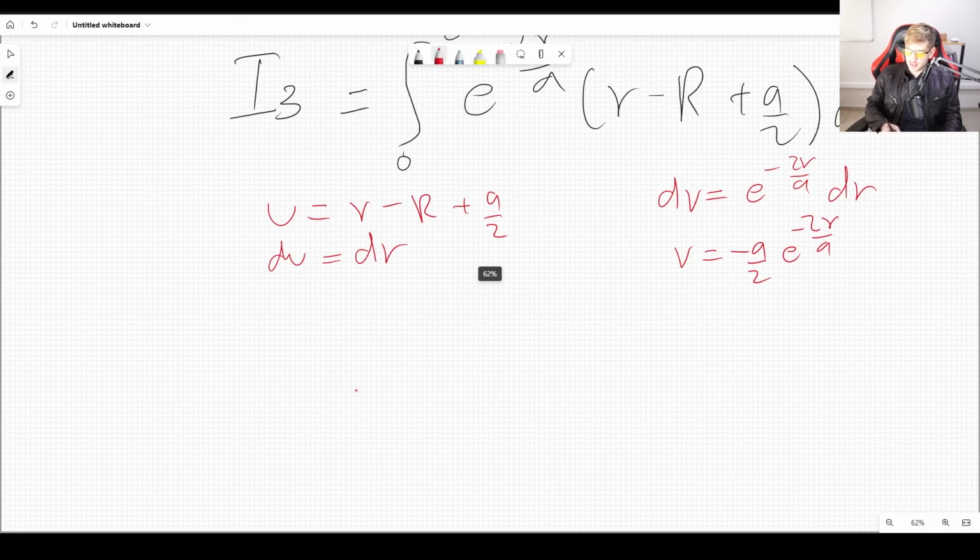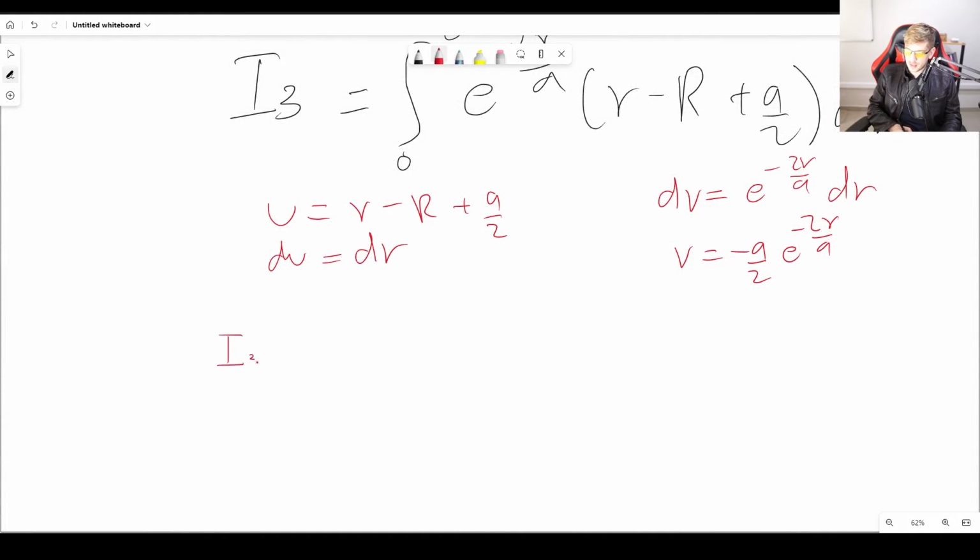So now let's begin writing the integral. So I3, now we can multiply these two: minus a over 2, r minus big R plus a over 2, and the exponent still, between,